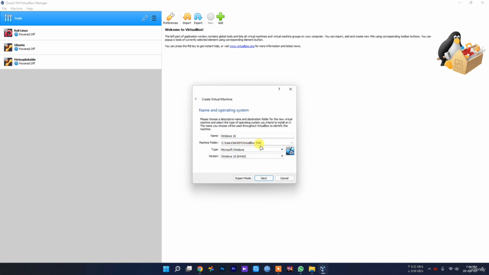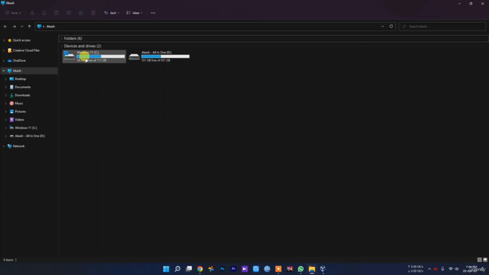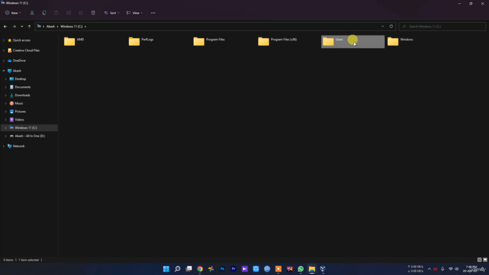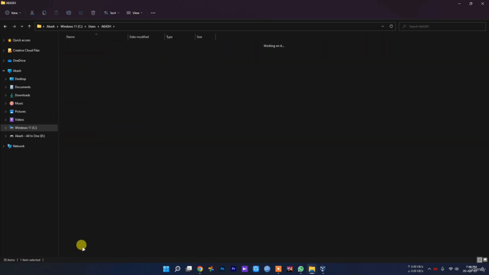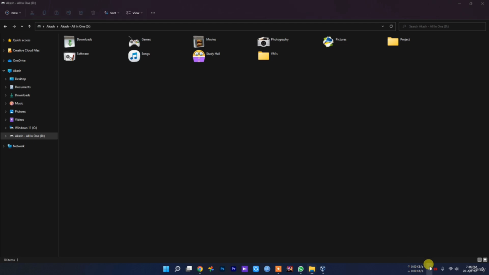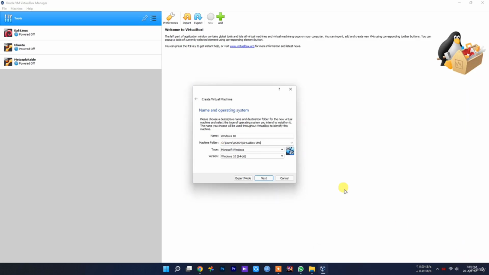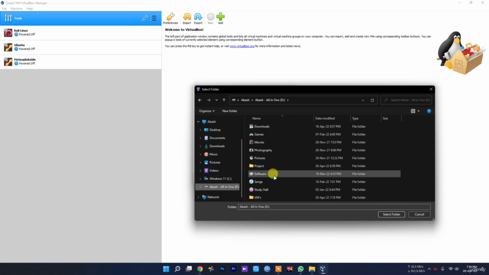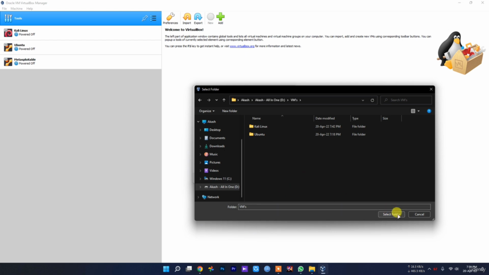So machine folder. Okay, should I use this in here? Let me check my machine folder. User Akash, VirtualBox, meta exploitable. So no, we are not going to use it here. Let's select our destination folder where this virtual machine will be installed. So this is my virtual machine folder. So select this folder,